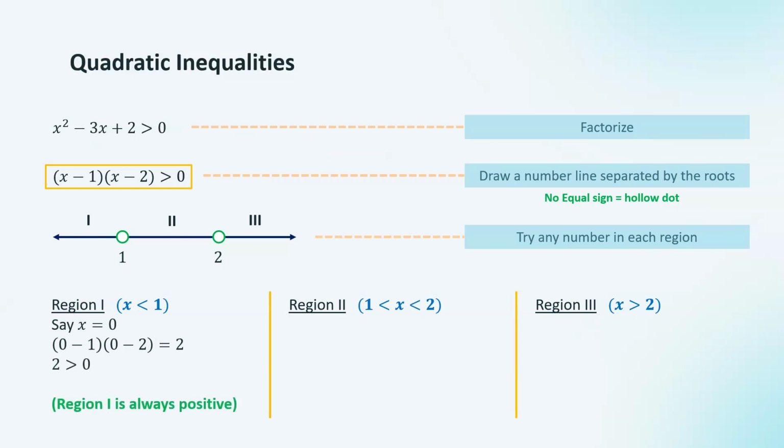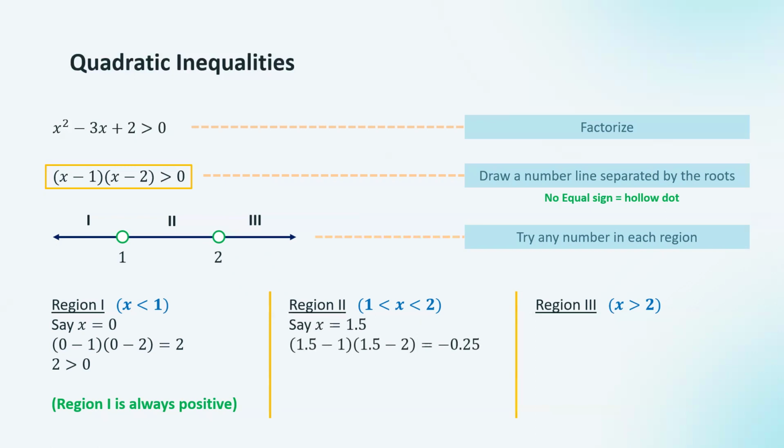You can also try this with other numbers. Let's say x is equal to -1, and you will get the same conclusion that the multiplication is going to be positive in the first region. In the second region, it's a bit different. So now you need to use an x value in the second region, let's say 1.5. If you use x equals 1.5 and input it in the expression on the left, you get